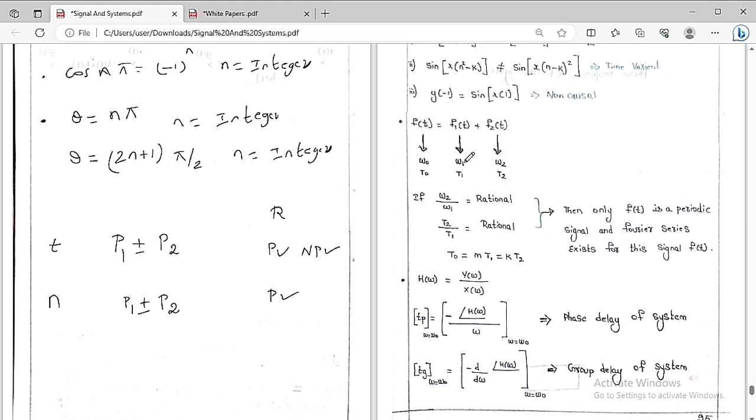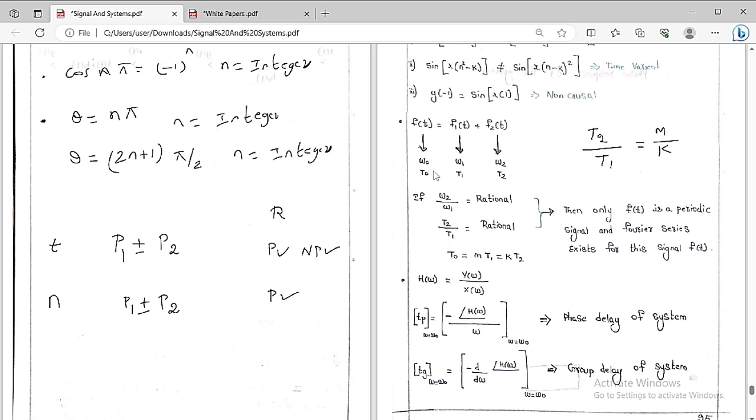So as I have already told you, if this is the case, then only f of t is a periodic signal and the Fourier series is going to be present for the signal f of t. I have already told you, if this ratio is a rational number, then only we can say the given signal f of t will be a periodic signal. Then suppose T2 by T1 I have got like this,